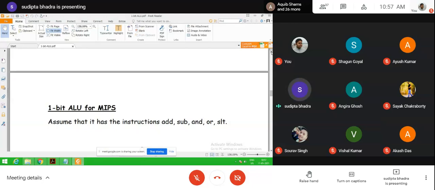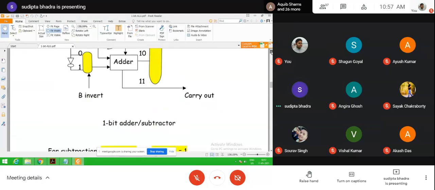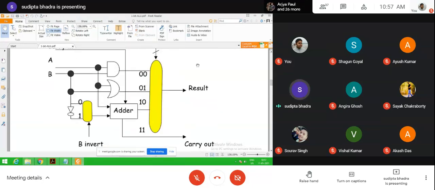Now here, if there are 6 operations, then you only have to increase the multiplexer bits and increase the number of gates. Okay, in addition to AND and OR you also add, say, NAND, NOR.